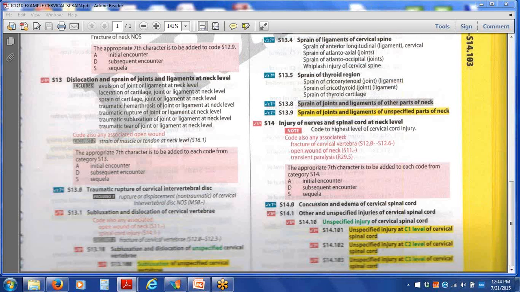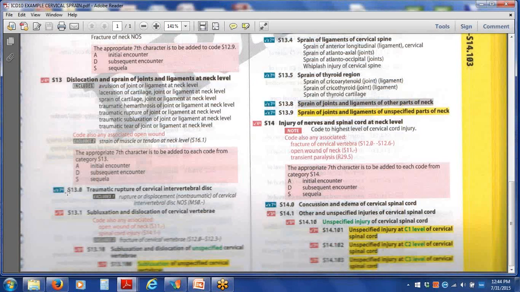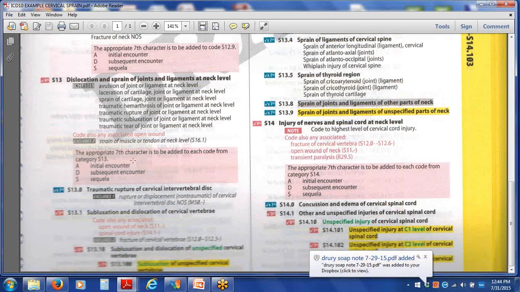So what that means is the 7th digit is going to be the A, D, or S: initial encounter, subsequent, or sequelae. So if we're coding S13.4 and we know we have to code it to the 7th digit, and we're coding, let's say, during an active stage of physical therapy or chiropractic care,